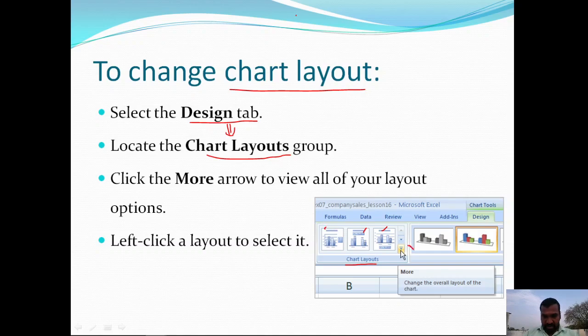Here we have a drop down button; click on this more arrow to view all the different layouts that are available, and left click a layout to select. Choose any one of these layouts, then the layout of that particular chart is going to be updated.